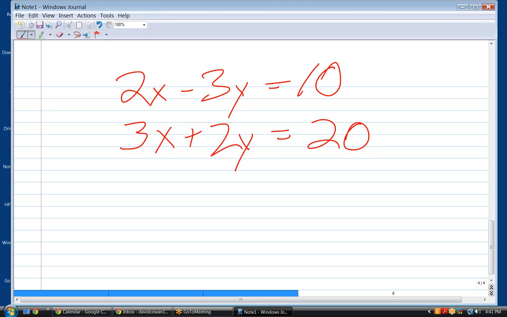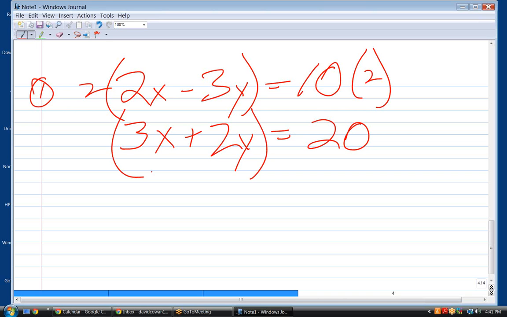However, principles of algebra allow us to multiply both sides of an equation by anything I want. So if I multiply equation 1 by 2 and multiply equation 2 by 3, and I can multiply them by anything I want as long as I do both sides of the equations,